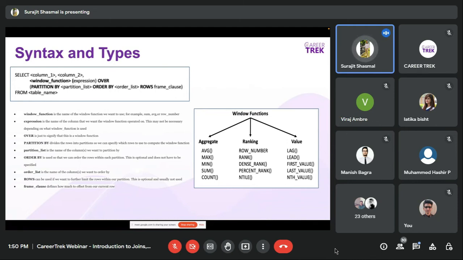Then you have the over clause, which contains partition by. This over only signifies that it is a window function. Then you will have partition by. It divides the rows into partitions, so we can specify which rows to use. Then partition list. Partition list is what we call the partition by column. Order by and order list. Order by is the keyword, and here will be the column based on which you want to order. Rows, this is very optional, like how many rows you want to precede, how many rows you want to skip, kind of thing. But it is very optional. You can Google it later if you have any purpose. Then frame clause,